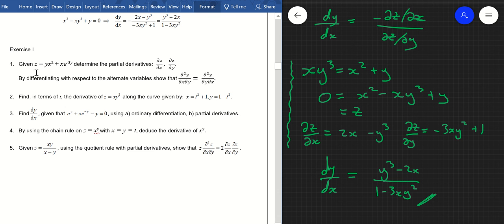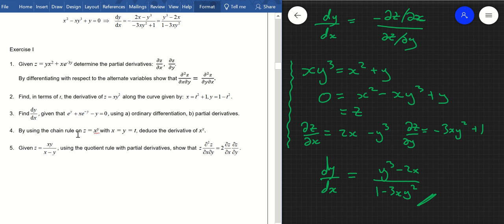First question, just work out partial derivatives for practice, and show a result here, equality of mixed partials for that situation, and then find the derivative of z with these parametrics, and find the ordinary dy by dx for this implicit equation. Do it the A-level way with ordinary differentiation, then do it with the chain rule with partial derivatives,